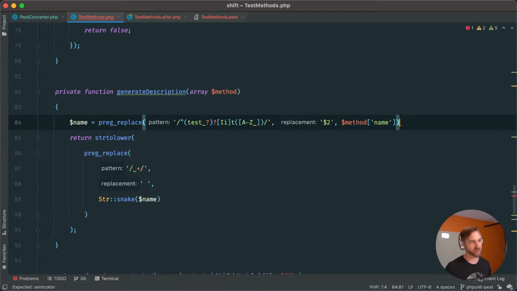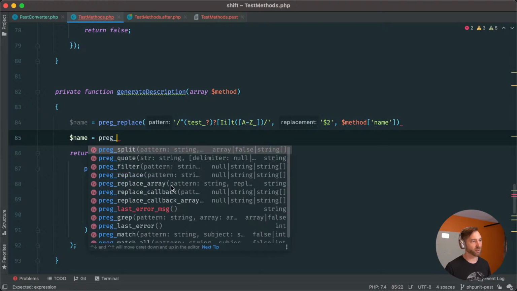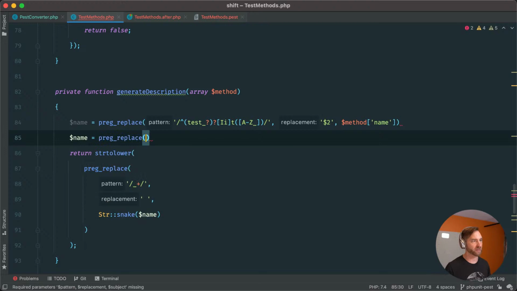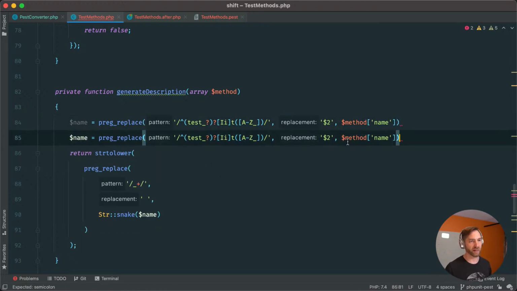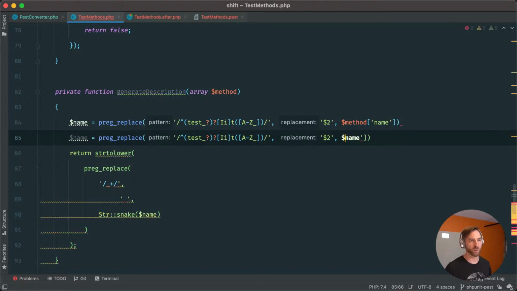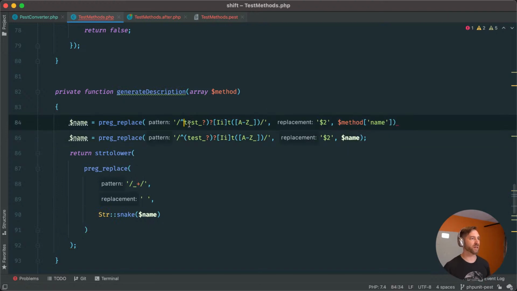twice, to be honest. I think the simplest thing to do here would probably be to just do a double preg_replace. Let's just duplicate that. And this will be name. Let's see if we can get this to pass. Just 2 more minutes. Okay, so first things first, we can replace